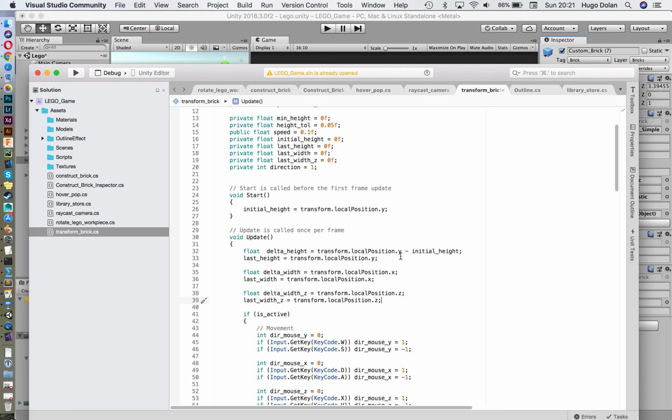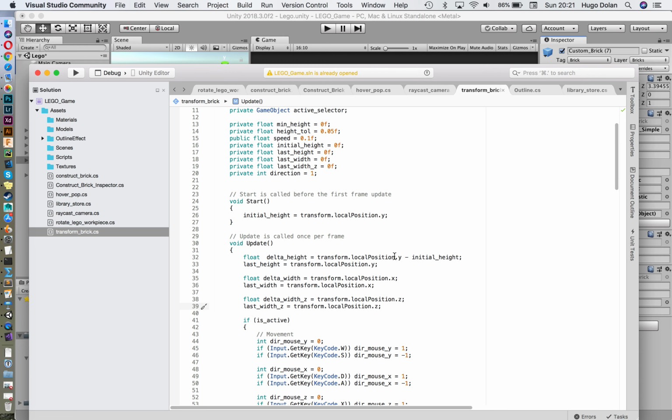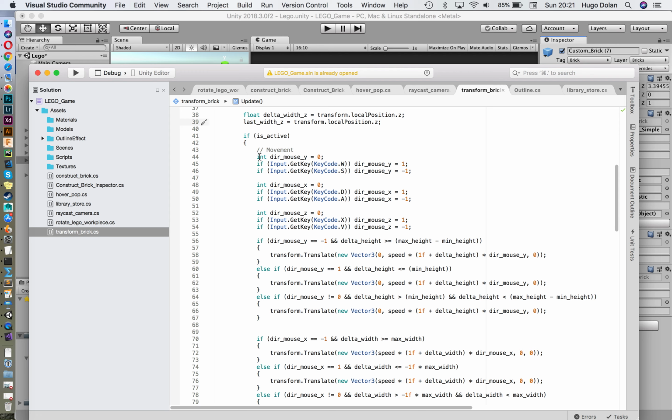These just check the change in height from the initial height, so they're just looking at, from a specific point in space, how much the brick has changed in moving up and down, left and right, back and forth. If the brick is active, set the direction of movement for this